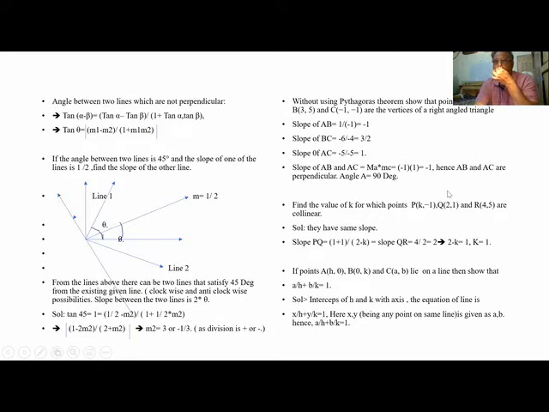Okay, let us see. Find the value of k for which the points are collinear. It is given collinear. That means what? The slope is the same everywhere. If it is the same line, the slope is the same. So the slope of this is equal to the slope of this, and we find out k.